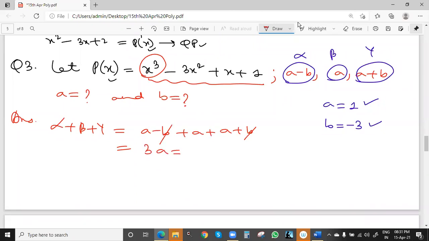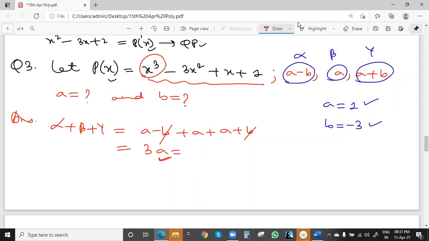See, please don't write minus b by a. Lot of confusion because here also a, here also a. So please try to avoid this b by a, because this b by a will be coefficient values, and here values are of we can say zeros, or we can say roots value. So better to avoid writing this b by a. Directly we'll put the values.